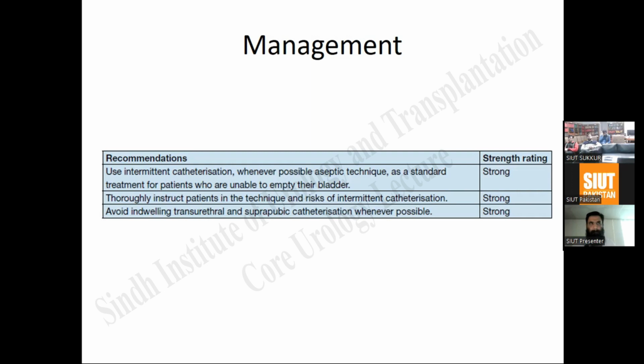लास्ट वाली लाइन जरा रोक रोक के जोर से पढ़ दीजिएगा, पीछे वाले सो रहे होते हैं उनको पता नहीं चलता क्या लिखा है। अच्छा, मैं पढ़ देता हूँ: avoid indwelling transurethral and suprapubic catheterization whenever possible. तो प्लीज 500 सीसी ब्लैडर में यूरिन होने का मतलब बिल्कुल नहीं होता है कि ईआर में उसको कैथेटराइज कर दें और जेनुरिन लिख के घर भेज दें। देयर मस्ट बी सम इंडिकेशन फॉर दैट। हर मरीज को कैथेटराइज नहीं करना चाहिए, ऑलवेज ट्राई टू अवॉइड कैथेटराइजेशन।